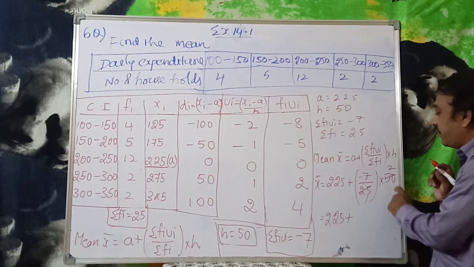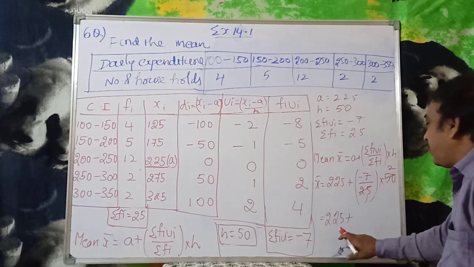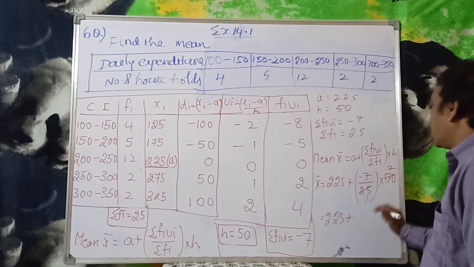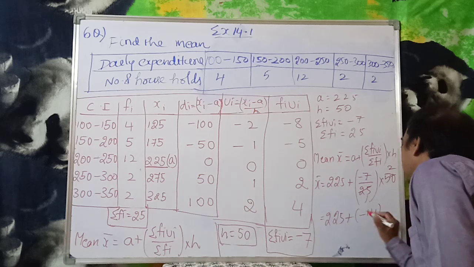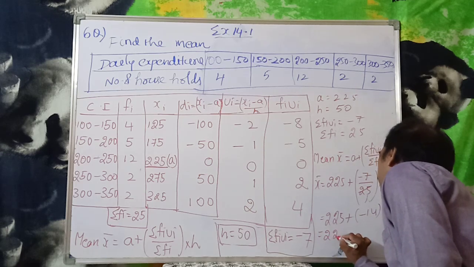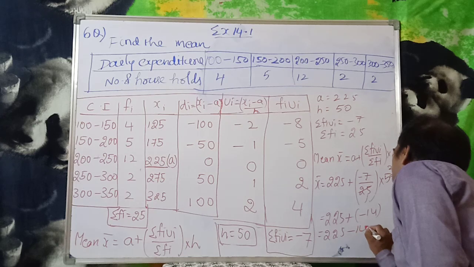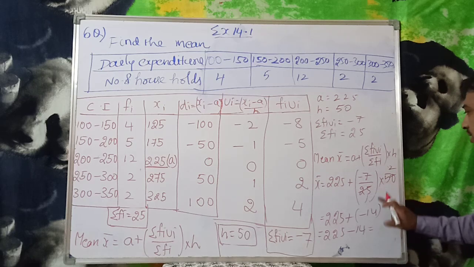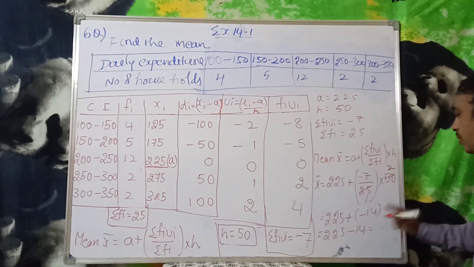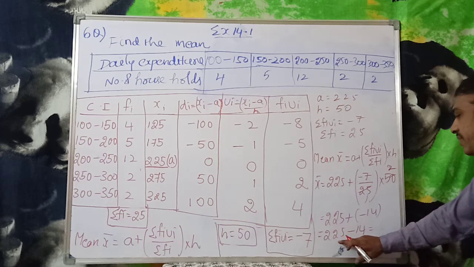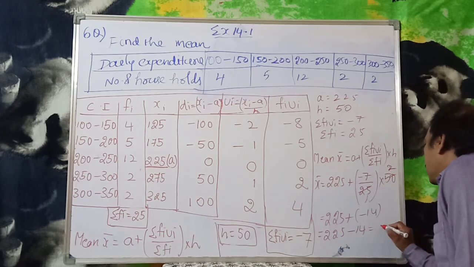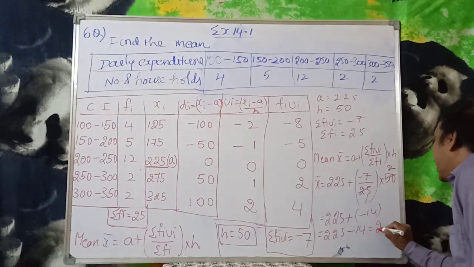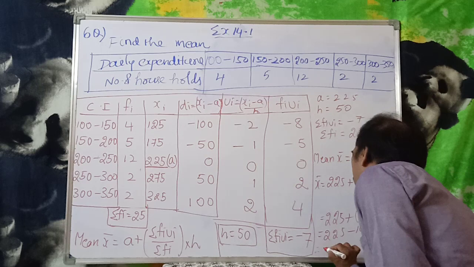So 25 ones are 25, 25 twos are 50. Now what you have is 225 plus minus 7 into 2. Observe it: minus 7 into 2 will be minus 14, which is equal to 225 plus into minus 14. What is the result? 7 twos are 14, and plus into minus gives minus, so 225 minus 14. From 225 you are subtracting 14, so 211. Therefore, the mean